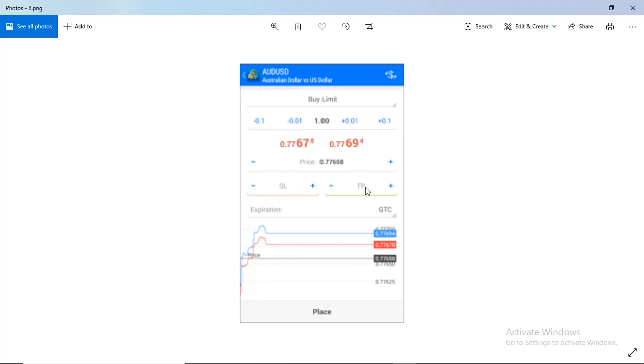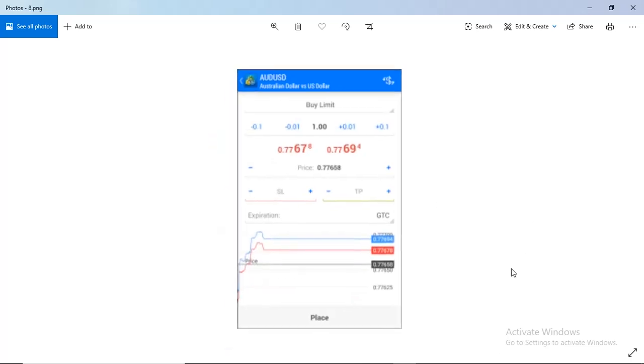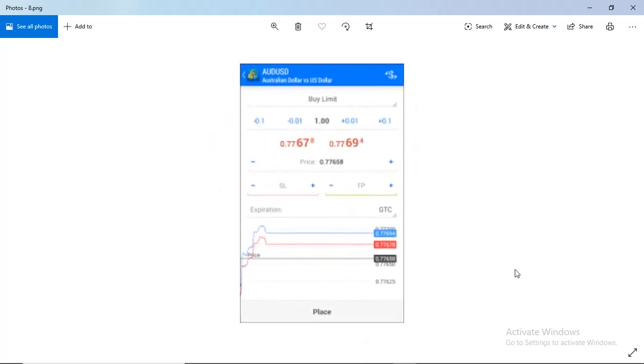So once you do that, you come here to press place. You place your order. So it means that once the market gets to your entry price, it triggers in and you are in the market. That is what it means. And once you get into the market,